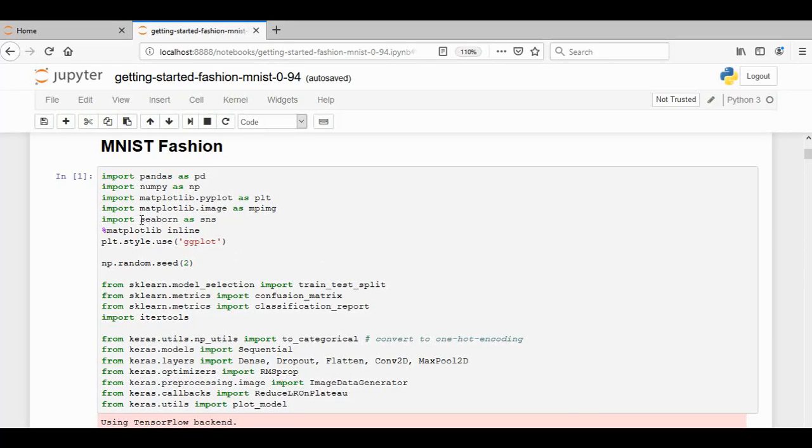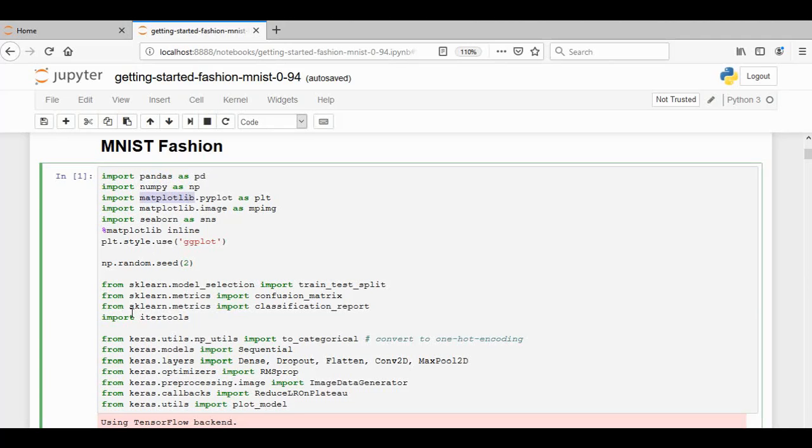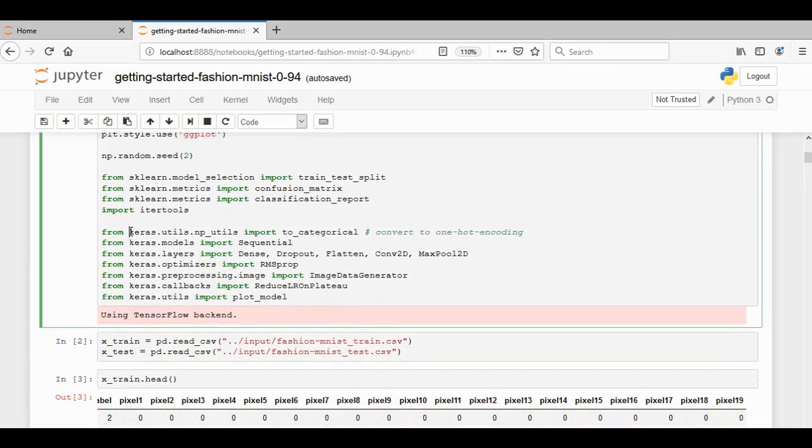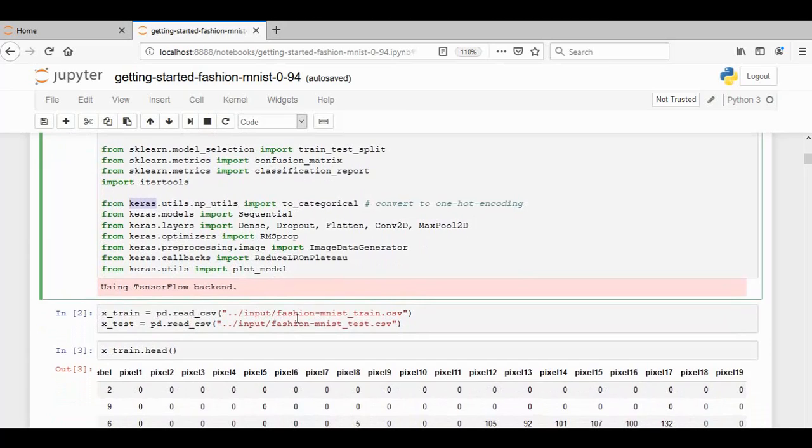For this subject, we are going to explain about MNIST fashion classification using Keras. For the first coding, we need to import some related libraries such as pandas, numpy, matplotlib, and also Keras. And then